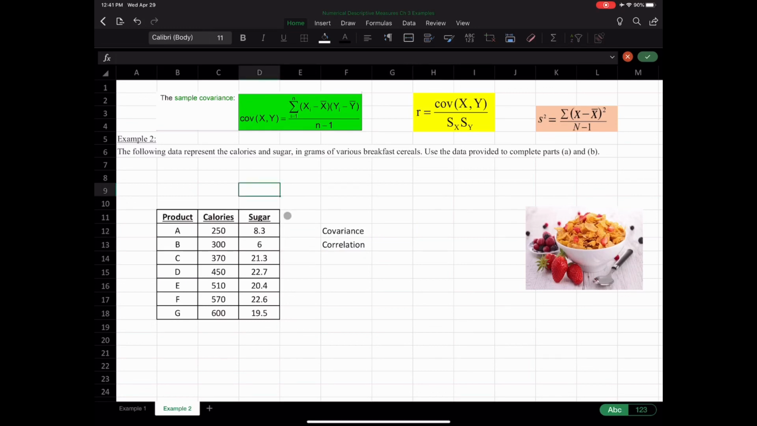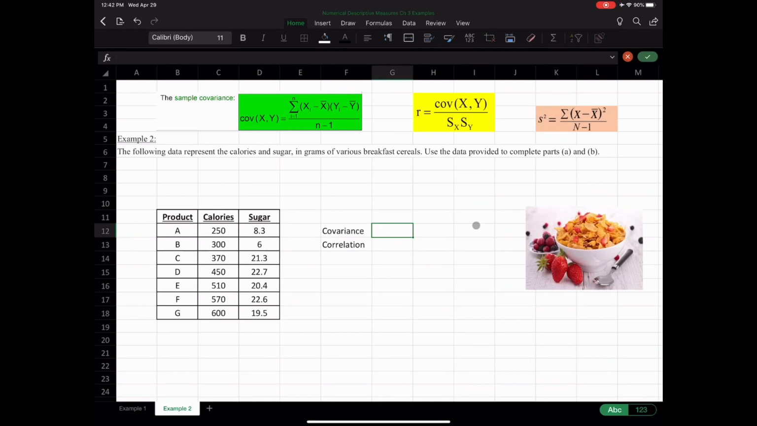When we look at the data, we know that these are two different numerical variables. In column C, we have the calories, and these are all numbers. And in column D, we have sugars, and these are all numbers as well. So we have two numerical variables. Algebraically, we have the formulas here for covariance and correlation, but right now I'm just going to show you the quick and easy way, the Excel formulas, to calculate covariance